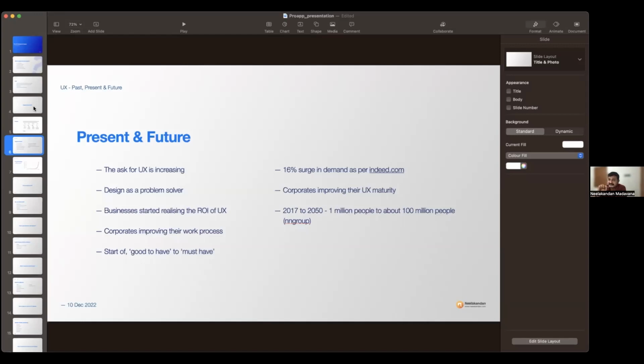Yeah, that is getting increased. So the ask for UX designers is increasing. Yeah, design was,